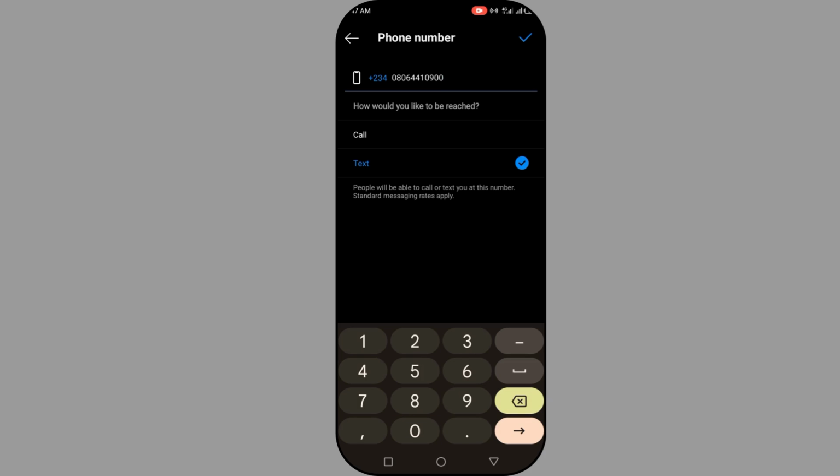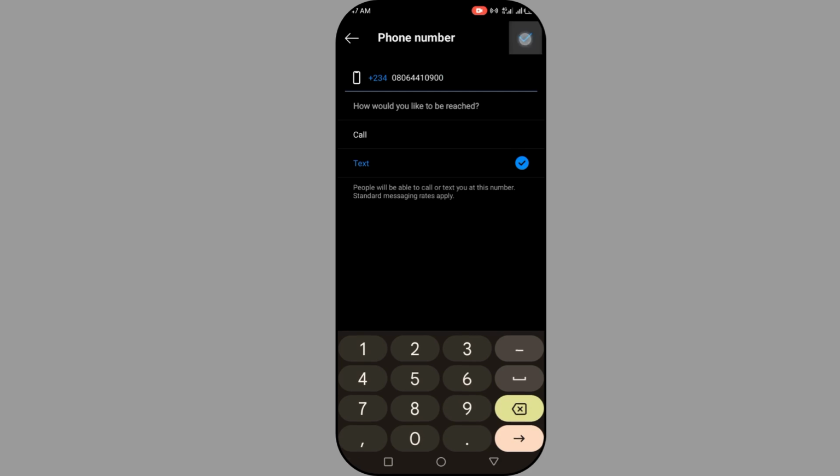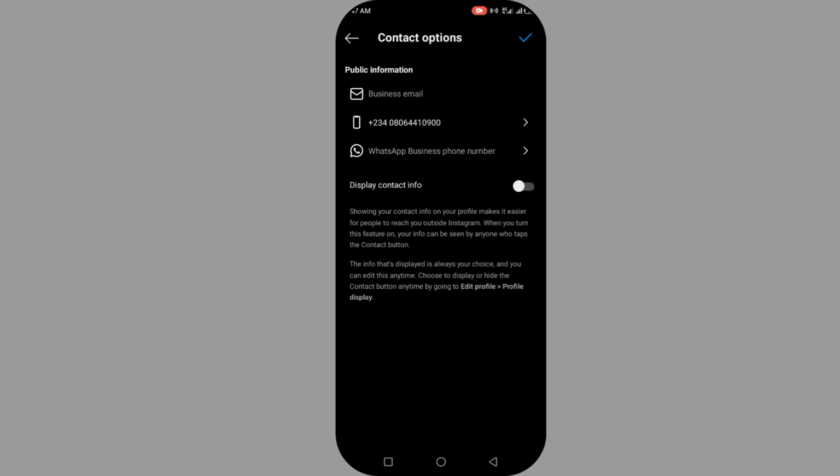How do you want them to reach you? Is it by calling or by texting? So you can set this. You can let your followers reach you by calling you, or only by text. They will be able to reach you with only your text. So you can change it here. Just click on this mark button, and you mark it, and now it's on. We can see you have it on. So your followers will be able to reach you directly with text on your